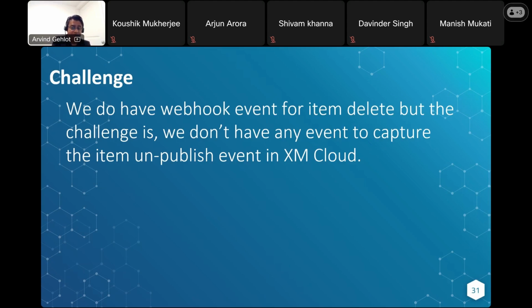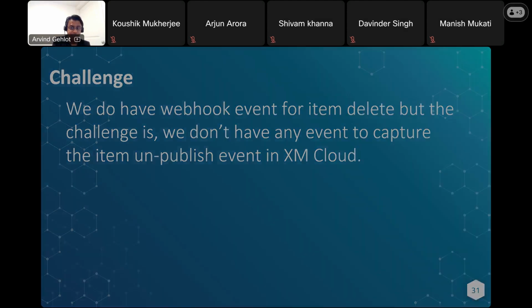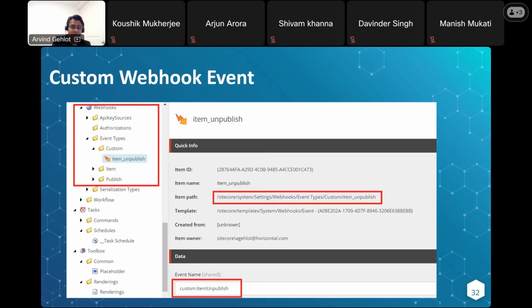But we don't have that webhook for item unpublishing. We have the item publishing, we have the item delete webhook, but we don't have an item unpublishing webhook. So what would be the solution of it? And the solution is implementing a custom event. So we can create a custom event and tie up with the webhook for that custom